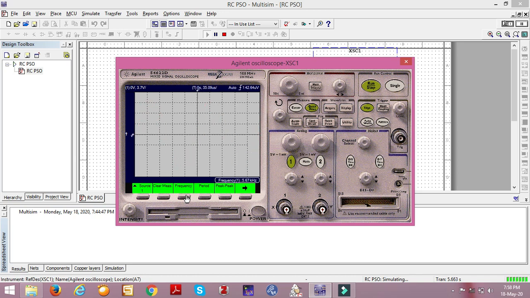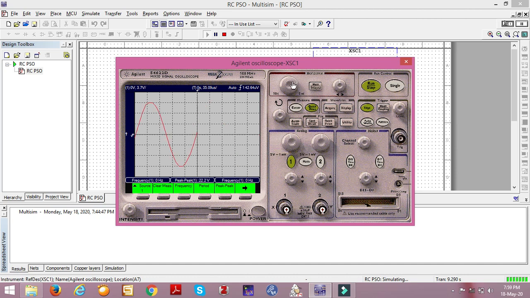Okay, from this circuit it is observed that the frequency is approximately 5.79 or 5.8 kilohertz. It is varying. Okay, 5.75 kilohertz. You can stop the waveform, no problem. You can also measure the peak to peak voltage, 22.2 volts, and it is not required right now. It is not really important for us. The frequency is important for us. Okay, frequency is very important. 5.73 kilohertz. It is varying.